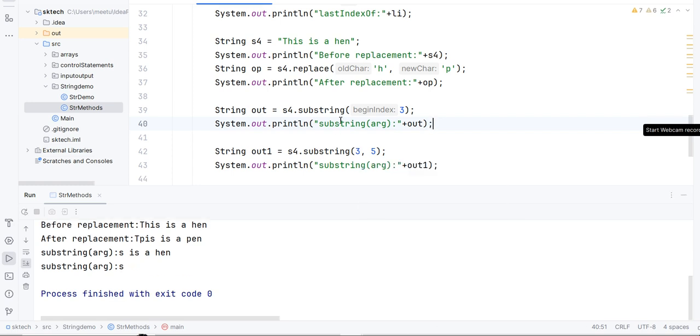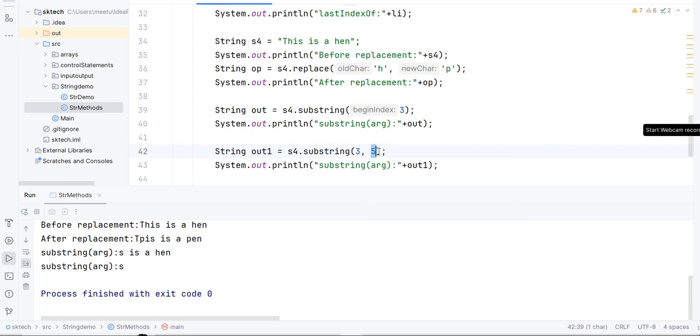Yes, so if you see what is the third index, so basically 1, 0, 1, 2 and third, from here to 4 and 5th. So just note down here that whatever the last index that you are providing, that index is going to be excluded basically. So we have provided 5th, right? So it is going to print third, 4th and 5th, but it is going to print till 4. It means that whatever the index position provided here, it is going to get the data up to -1.